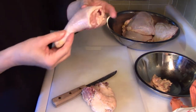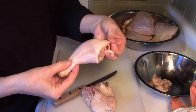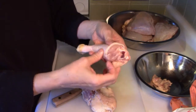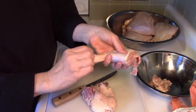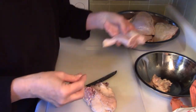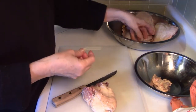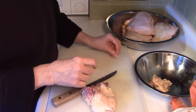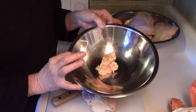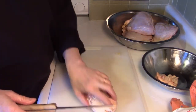Now then, here is the leg portion, nicely cut. And this is also an opportunity to clean up your chicken pieces. And I have a bowl here that I'm going to put the chicken pieces that I have cut. I have a bowl here to put scraps because it's also an opportunity to trim